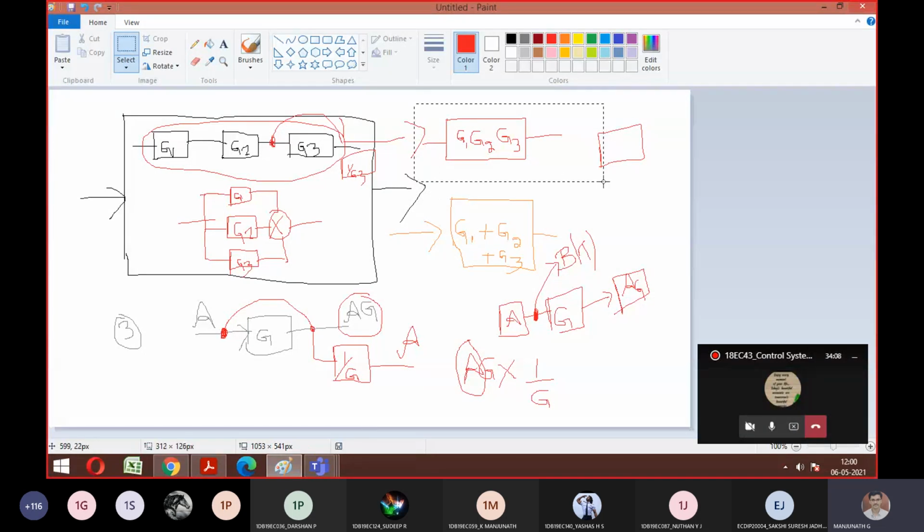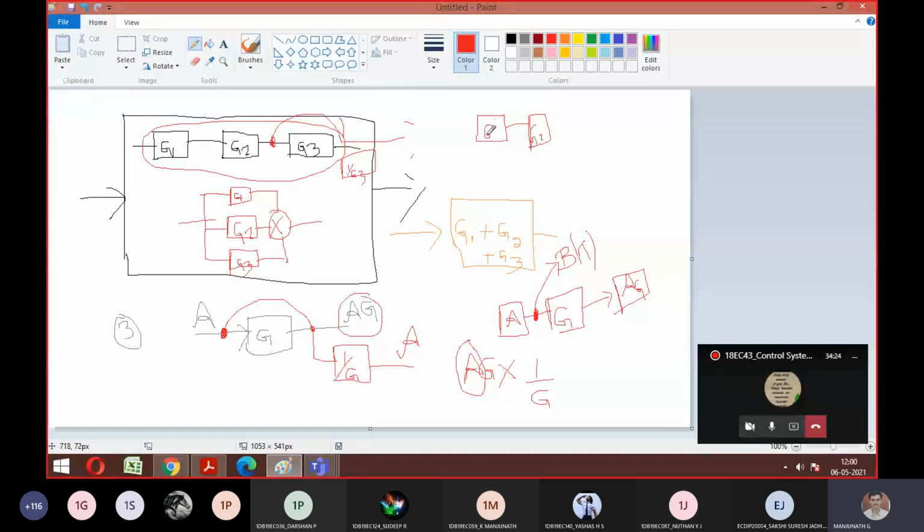Is Paint visible? Yes, sir. So G1, G2. G1 is here. Earlier, I placed one point here and moved it further so that I can make this free. So you have to go the reverse way. Assume that there are two blocks like this. If I connect G3 here,